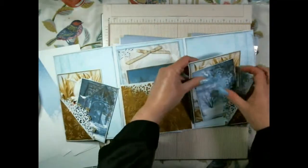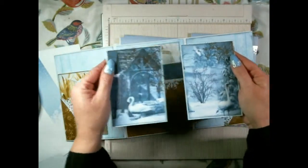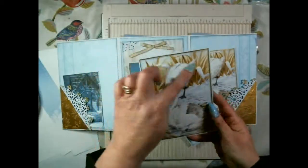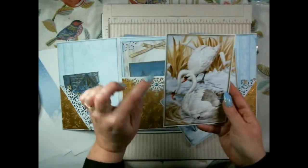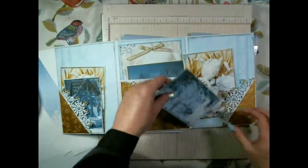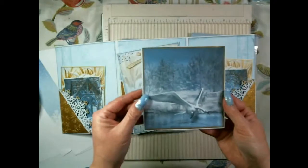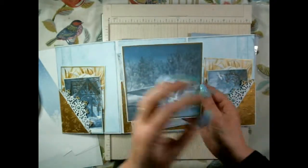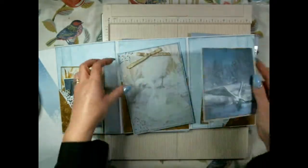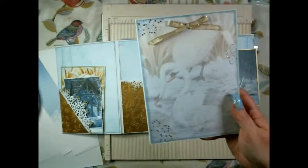And then this was one picture that I cut in half to make 2 mats. Photo mats, same each side here. I laid it onto a little bit of gold paper first, and then the blue, and then finally another picture that I'd cut down. This was actually a much bigger picture, and I cut it down once again, layered it up with the gold paper and the blue card, the plain on the back, and then chose the other half of one of the base pages,